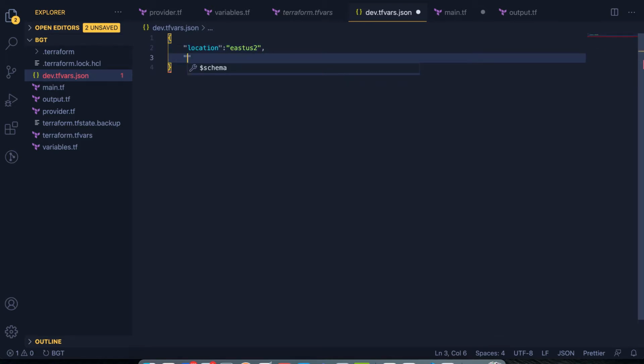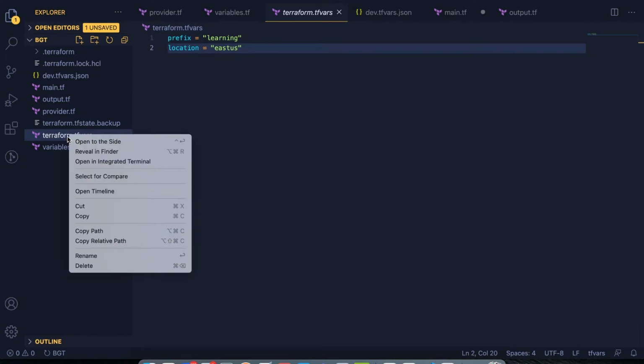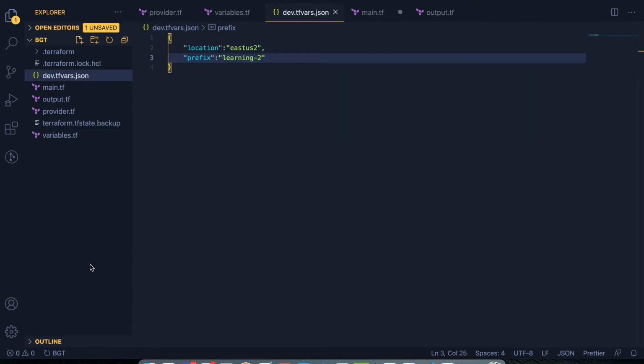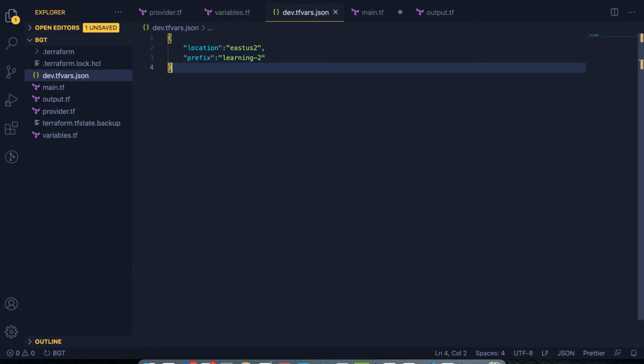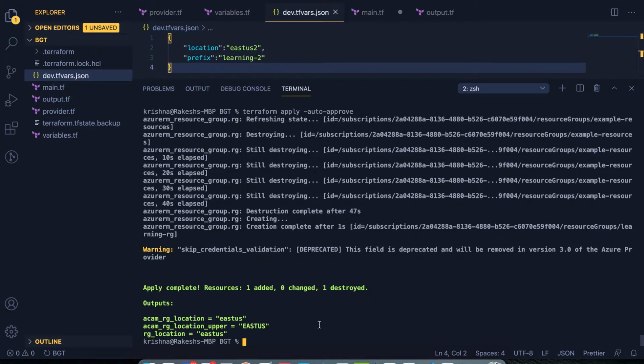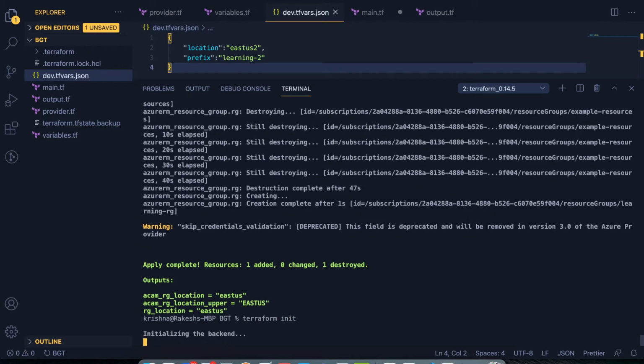Next, I can define the prefix, let's say, and prefix I'm calling it as learning2. So now instead of using the tfvar, what I can do here is delete this for now, and then I can use the tf JSON file. So let's run the Terraform init command,